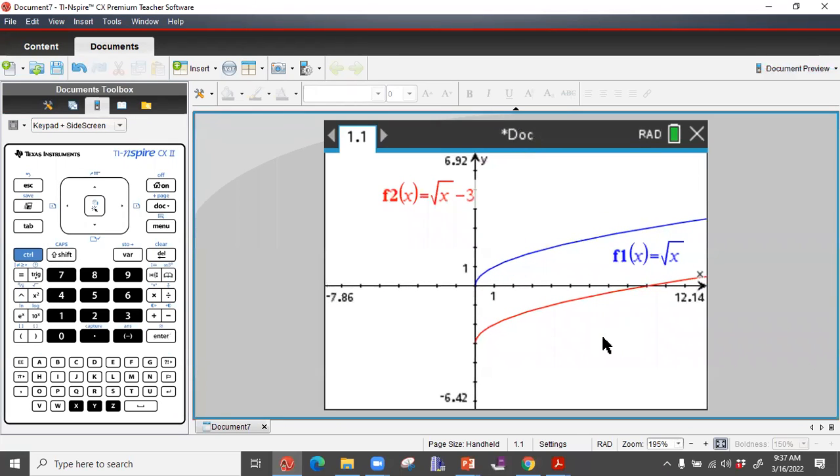So for this function, what's its domain? 0 to infinity, right? Starts at 0, continues to infinity. What is its range? Negative 3 to infinity, right? Because now my lowest y value is negative 3. What are its intercepts? (0, -3), and